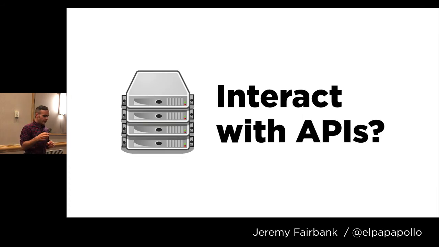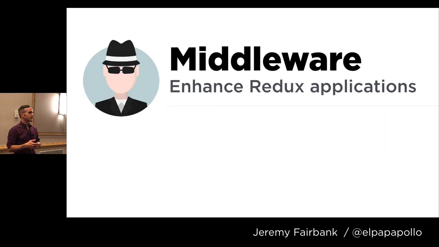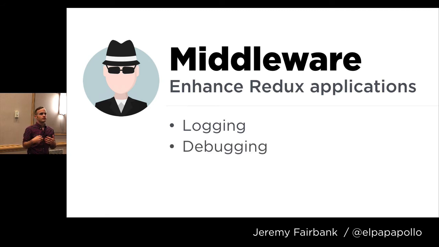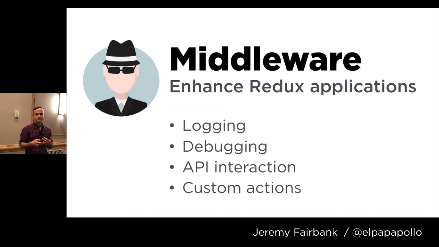So one other thing as we move on is we've been talking about state a lot and just very simple applications. But what happens when we need to eventually start interacting with APIs in a Redux controlled application? We really haven't talked about any affordance for that yet. So the typical way we approach it is by using another piece of the Redux architecture called middleware. The middleware are responsible for enhancing Redux applications to do other things besides just managing state. So examples of these is we could do logging in our applications, we could do debugging. As I mentioned, we'll do API interaction to make API calls, or even creating our own custom actions that are not just objects with